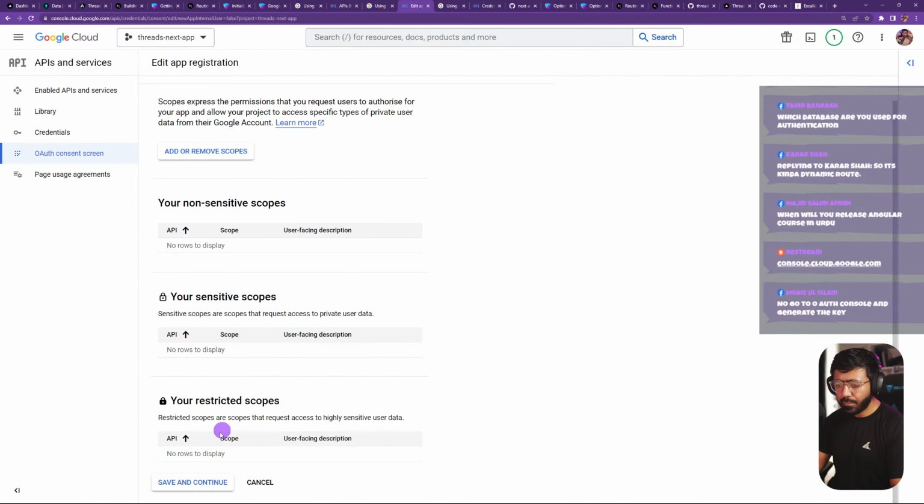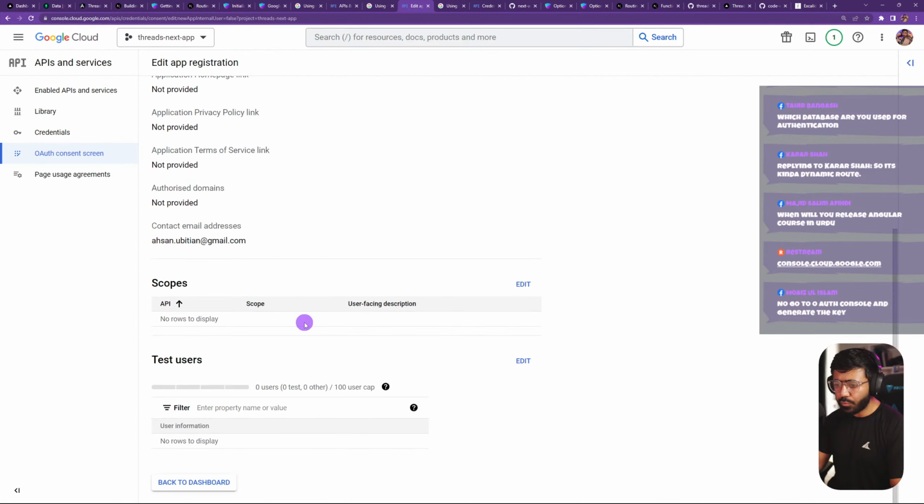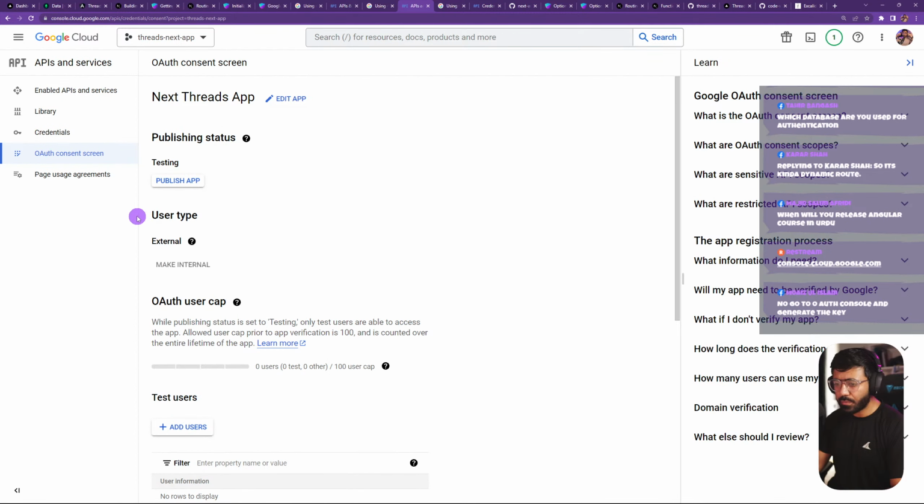I think those are by default available. So yes, maybe we don't need to do that. Then we can save and continue. We have a summary here. We can go back to the dashboard. And in this case, we should have